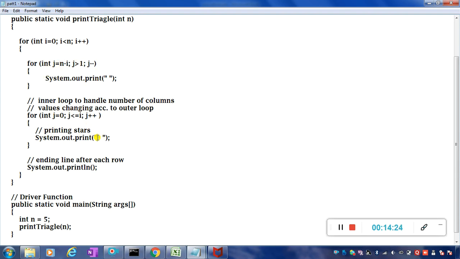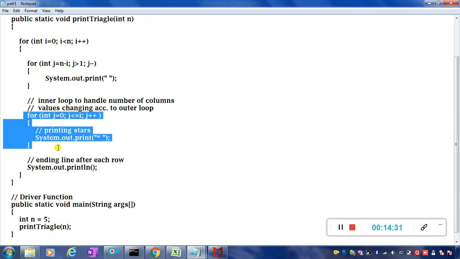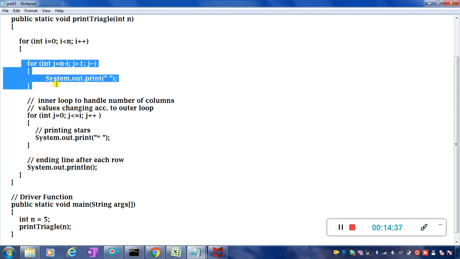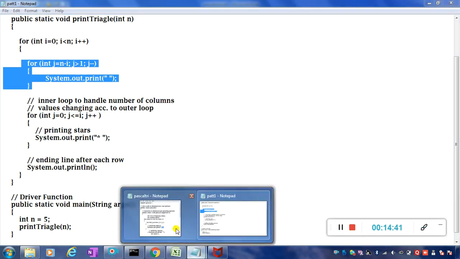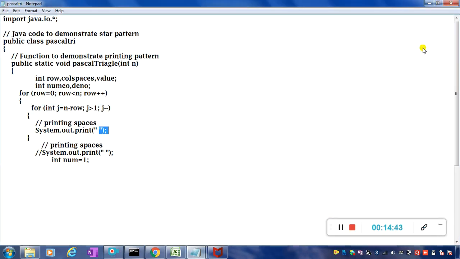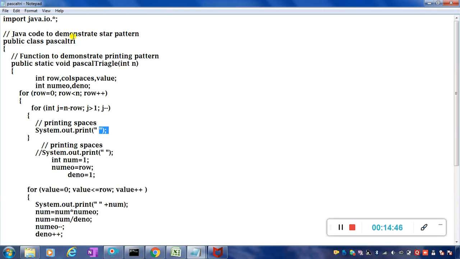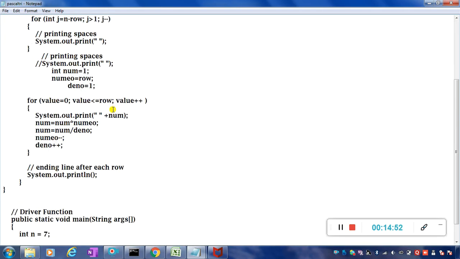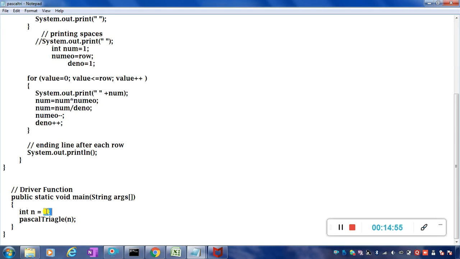So for the Pascal triangle also we are going to use the same logic for printing the spaces, not for printing the inner thing. Just now what I explained, that logic we have to use. The spaces we are going to print with the help of this logic only. Now we will see the Pascal triangle program. Here I have a Pascal triangle method and I am passing a value